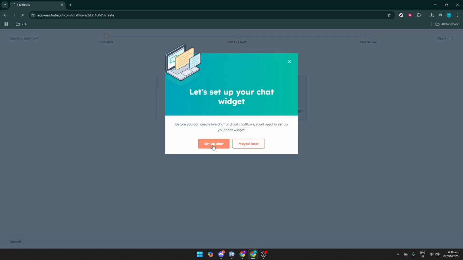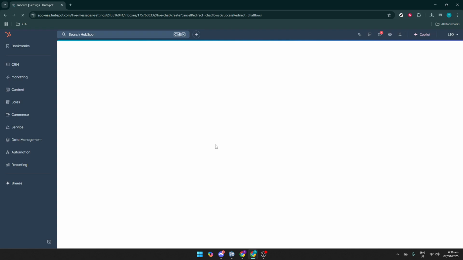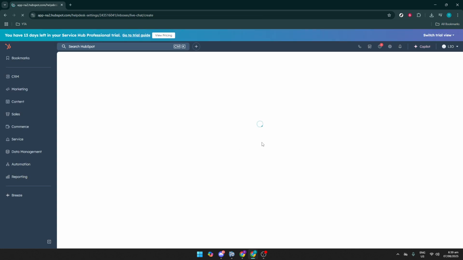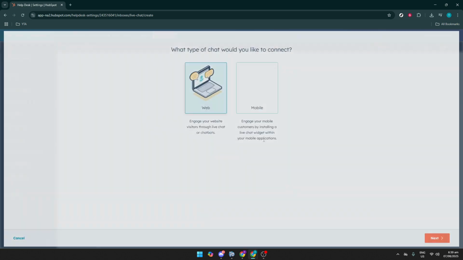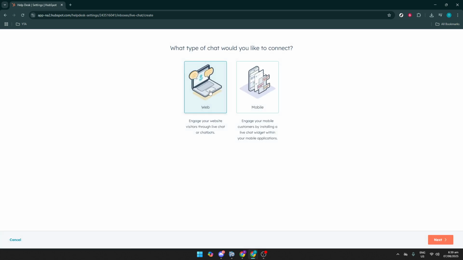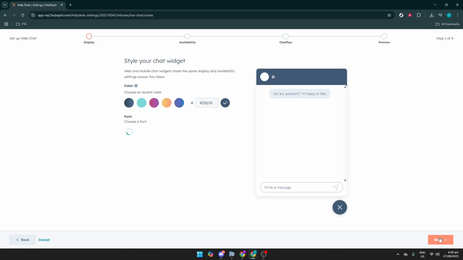Remember, each step you take in setting up a chat flow is aimed at making your visitors' experience as smooth and engaging as possible. Leveraging these tools effectively lets you stay responsive to your customers' needs, providing real-time assistance and capturing valuable data for future interactions. Once your chat flow is set up, be sure to test it to ensure it runs smoothly and meets your expectations. With these steps, you're well on your way to boosting your business's customer